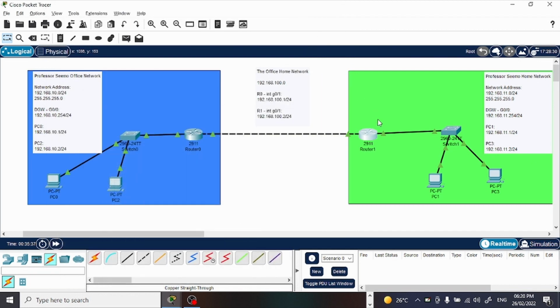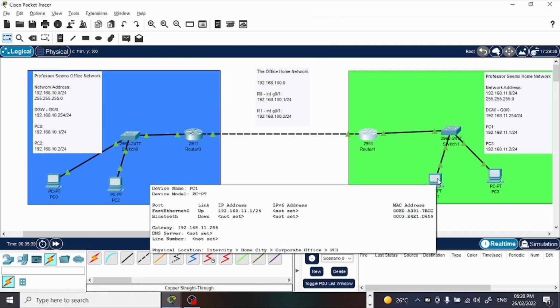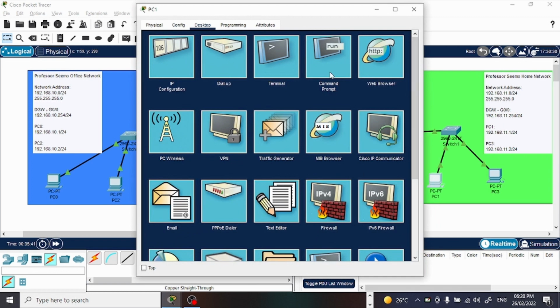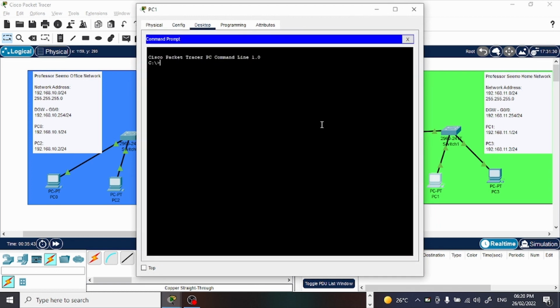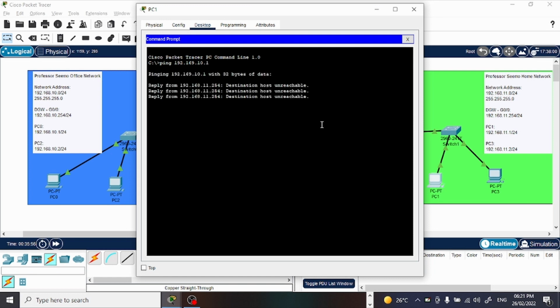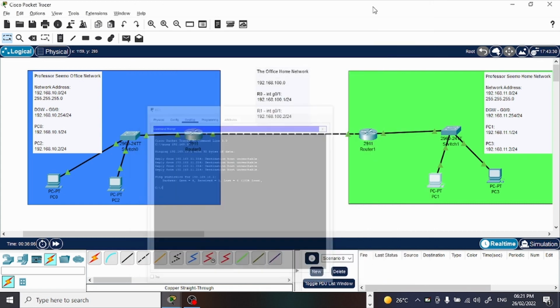But now let's go back to our issue, which is what happens when I try to ping an IP address in another network, like ping 192.168.10.1. Destination host unreachable, as you can see, which means we have a problem. So what's going on is